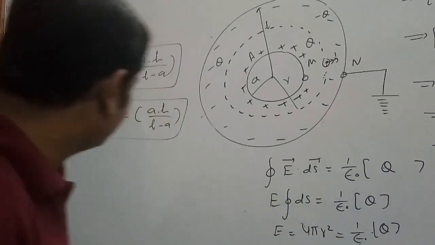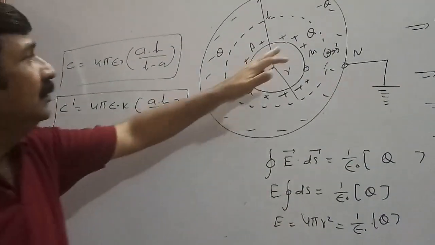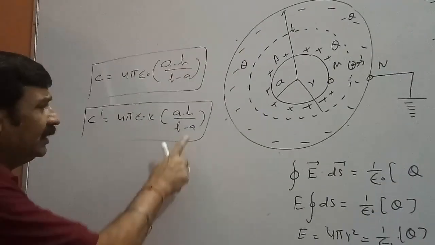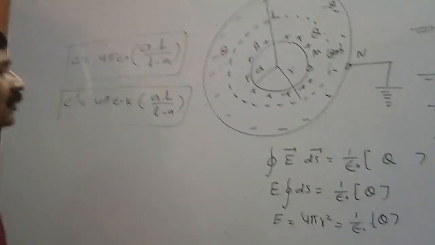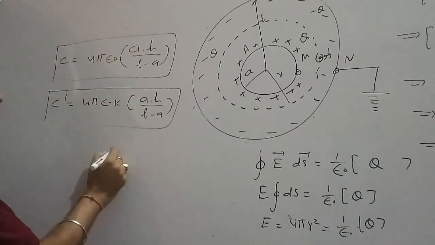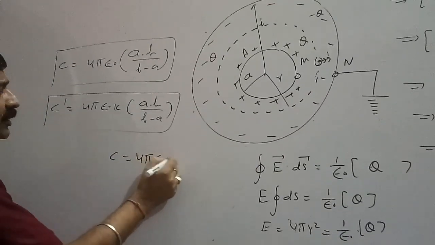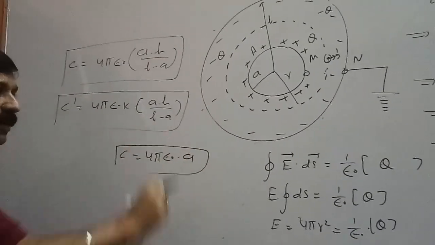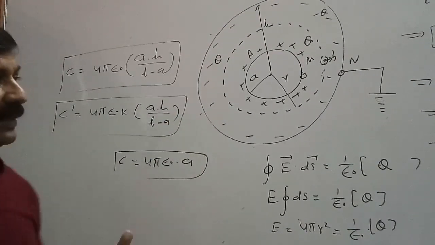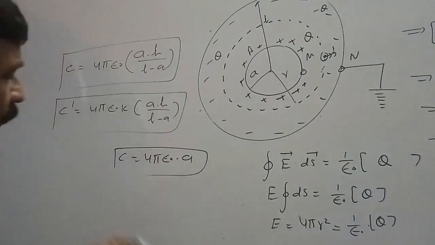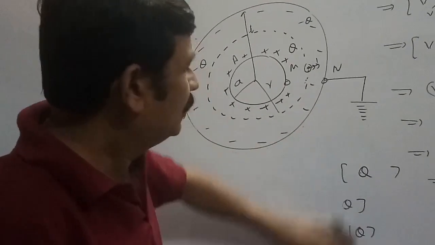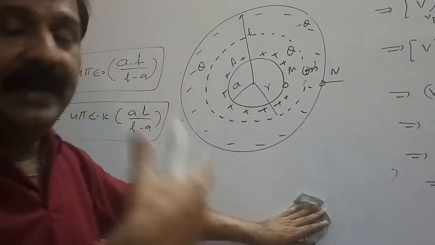Now, dear students, see here. If we take B very large as compared to A, then here we will neglect A. So when we neglect A, this B and B will cancel out each other, and the expression will be 4 pi epsilon naught into A. This is the expression for the spherical conductor whose radius is A. So once again, if every capacitor consists of two plates, how is a spherical conductor able to store the charge? Because its second plate is taken at infinity.